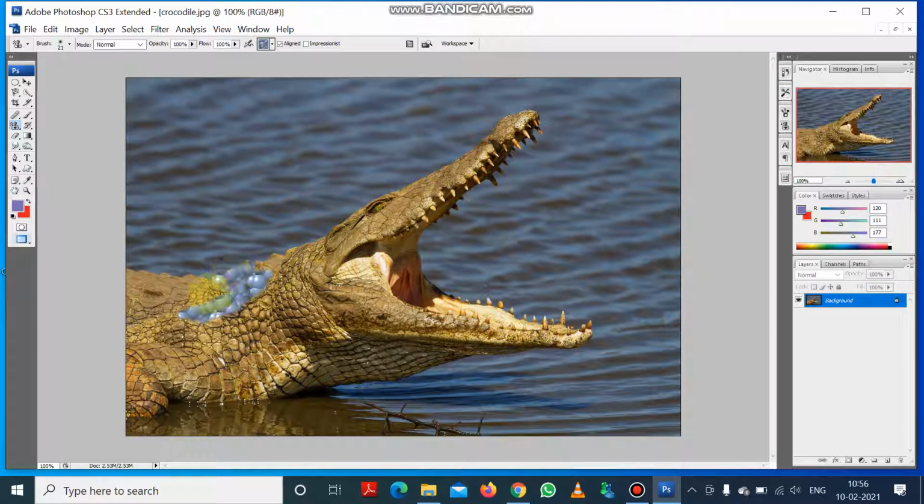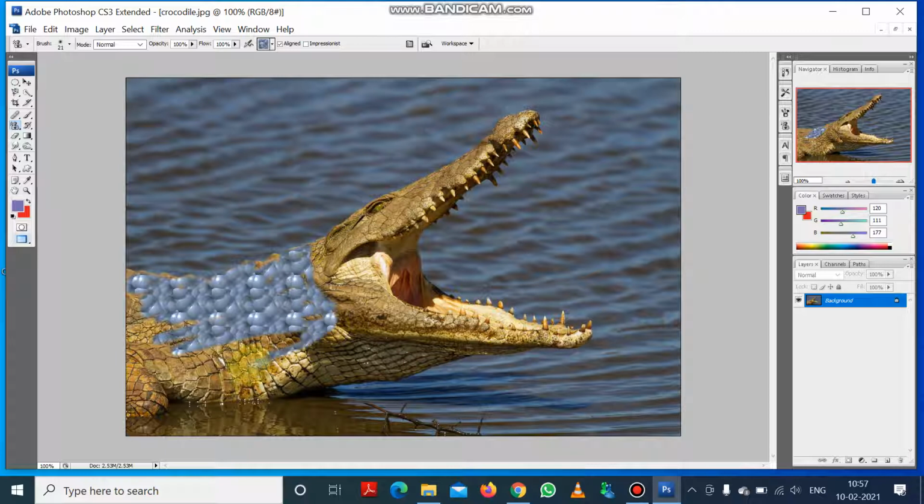The particular part will have the selected pattern. Where can you get the selected pattern? Here you can get the selected pattern, and I have selected a pattern for the body of the crocodile, and you can see I can make the crocodile body like this. That means a new pattern I am giving to the crocodile body.